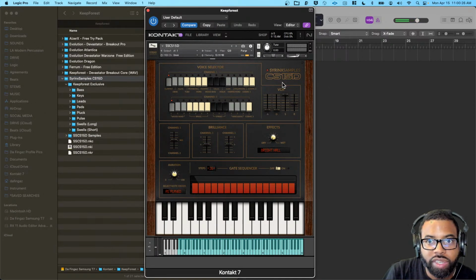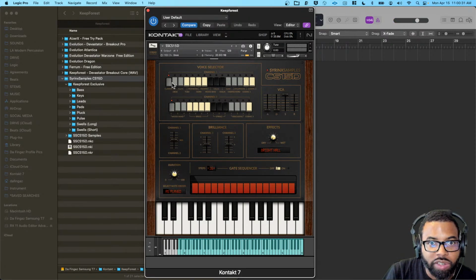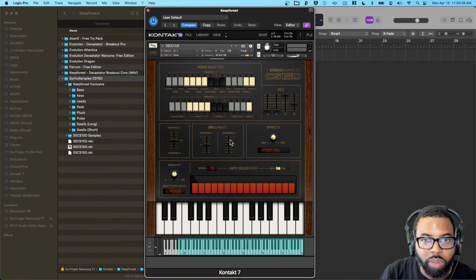The Syrinx sample CS15D, and you can basically choose the sounds you want. So let's say I want the flute, and you can layer in different layers here. You can adjust what channel, the brilliance of the channels. You can adjust the mix. So if I just focus on channel 1,